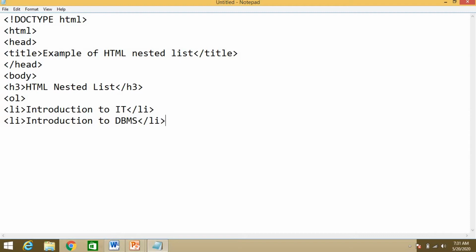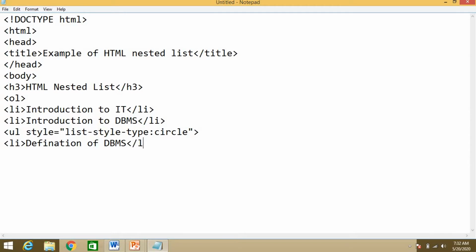Now after that, ul. This ul is nothing but an unordered list. So inside the ordered list, I'm using an unordered list. Let's set the list style type to circle. Next, in that write down the li tags. What are the items in that? Definition of DBMS.